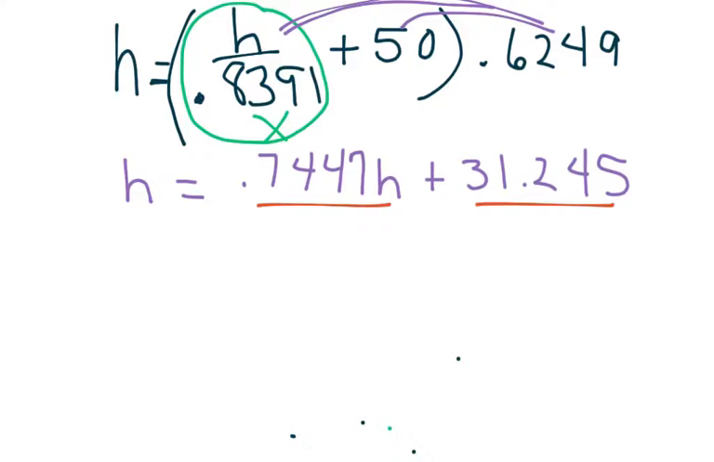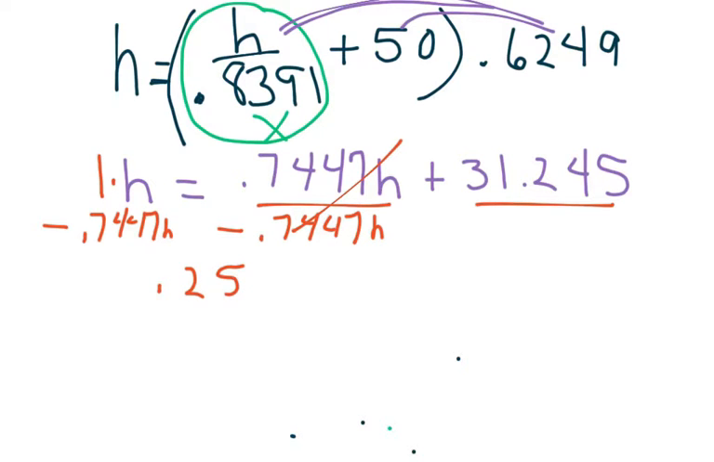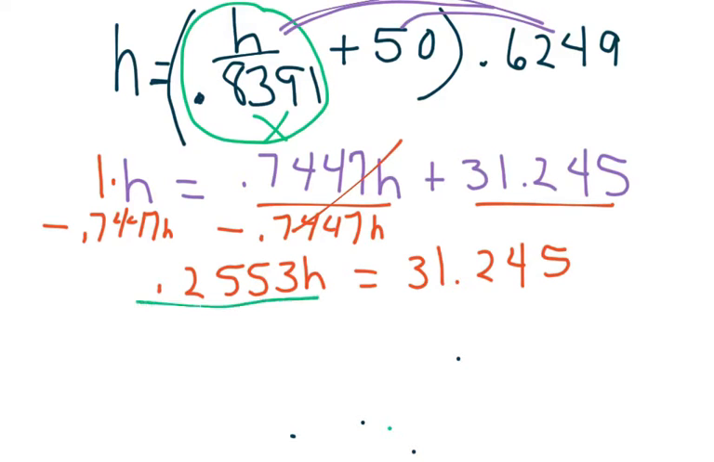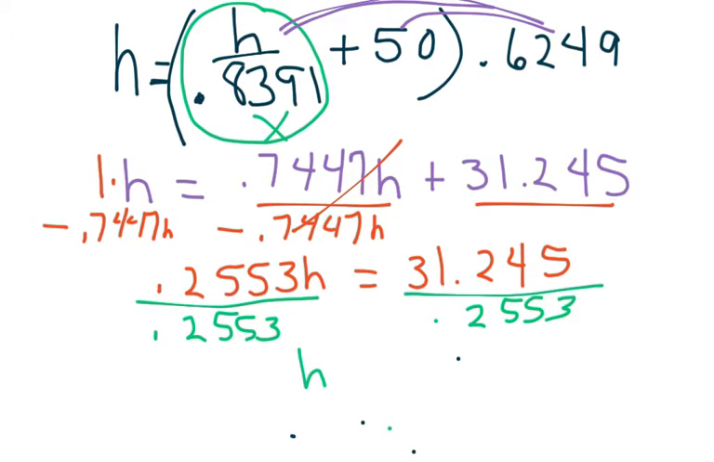Now I'm going to solve for h because that's what we're looking for. I subtract 0.7447h from both sides. Remember, this is 1 times h. So that cancels, and I get 0.2553h equals 31.245. I divide both sides by 0.2553, and I get h is approximately